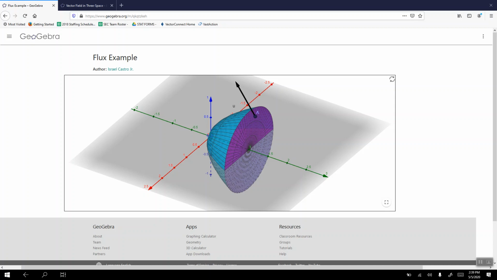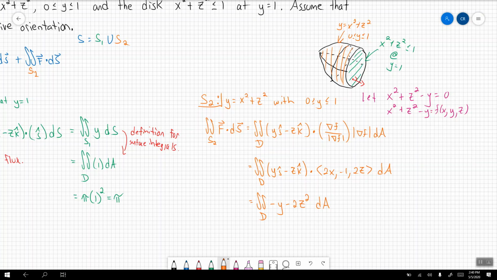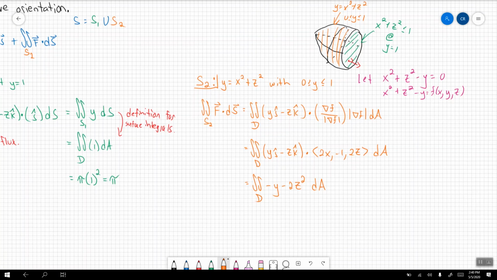So because of that, I need to restructure my integrand to reflect that my domain is going to be in the x and z components, and it will have no y components to it. Again, we don't want any y components here, because our domain, the region that we're looking at,